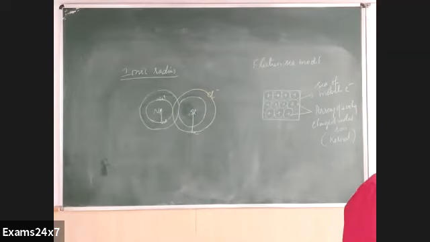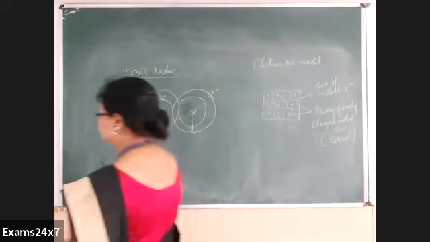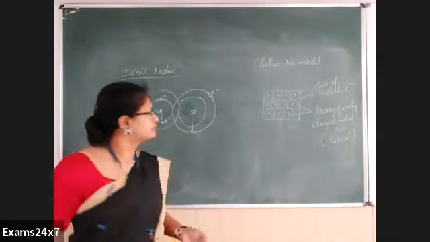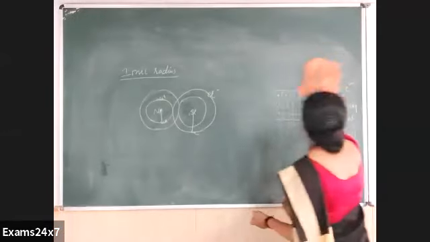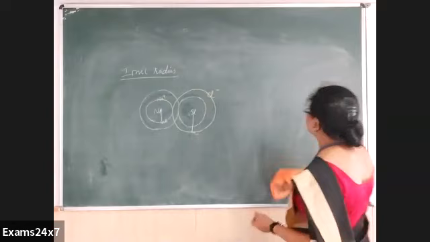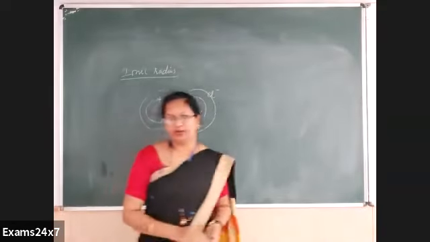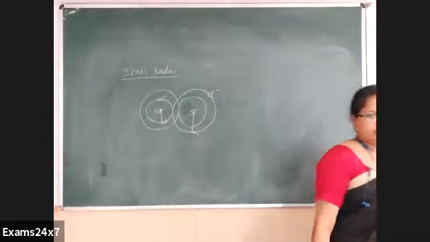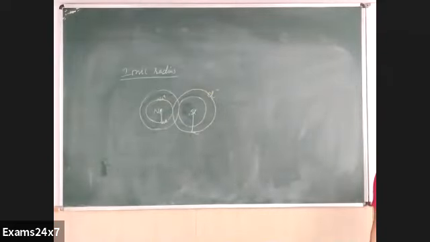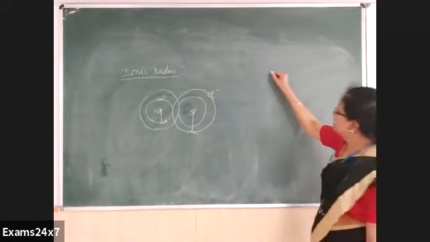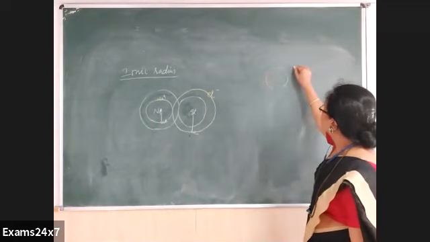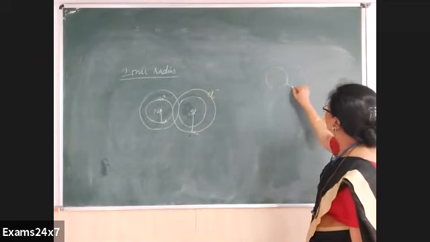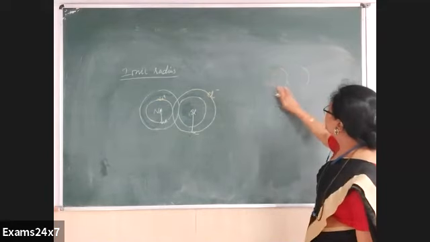Van der Waals radius, one more. How to define van der Waals radius? For which we require some van der Waals bond. Van der Waals force is a physical force of attraction between the molecules. Usually exist in which type of molecules? Ionic, covalent, coordinate, metallic. Which type of molecules have van der Waals force? Covalent, right? Covalent molecules. Say there are HCl or chlorine molecules. Say this is HCl itself.